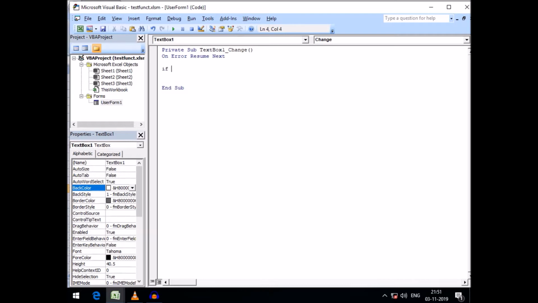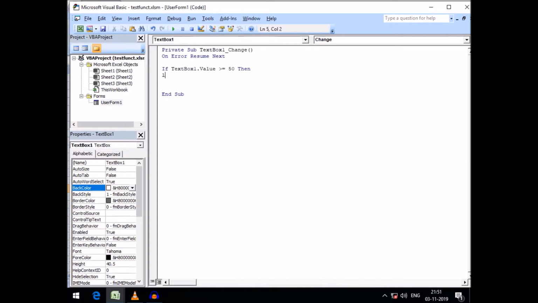Say if text box 1 dot value is greater than or equal to 50, then I want to use the logical function within this if statement after this. Just for reference, for better comprehension, I am typing this if condition, then